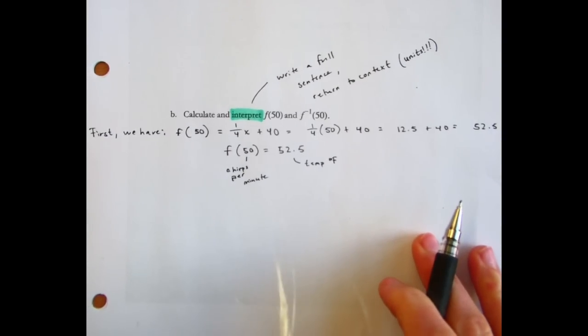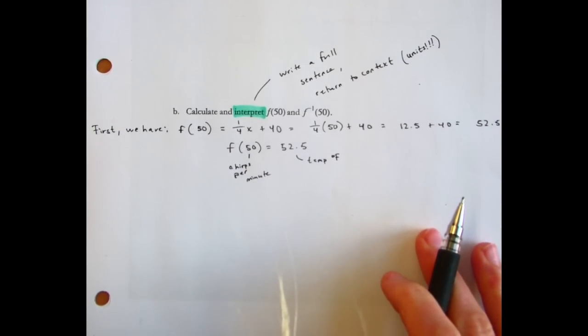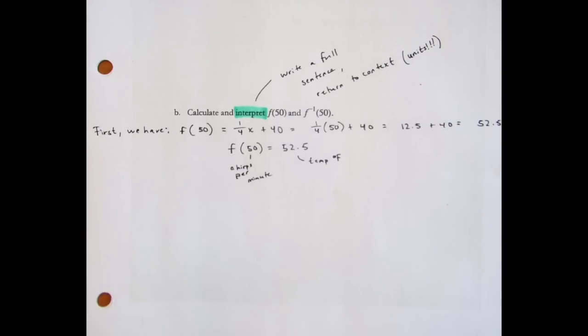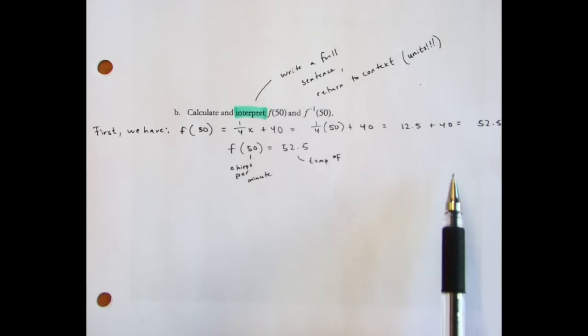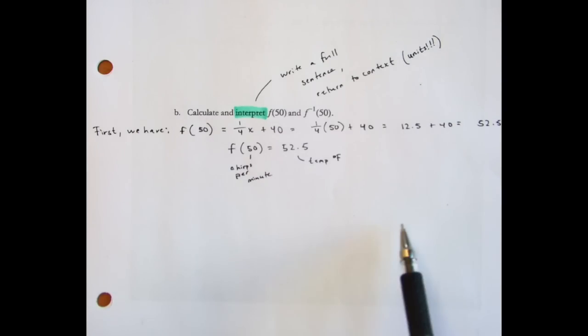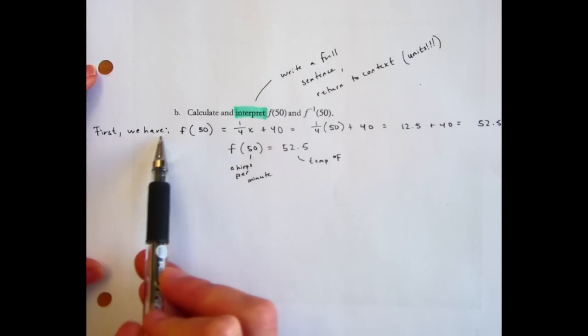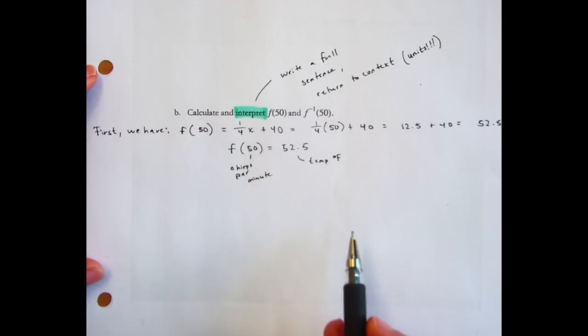Now, how am I going to write a full sentence interpreting all the math I just did? I'm going to give you a structure that we're going to follow today, like a sentence starter. First we do all the math, then I'm going to write: